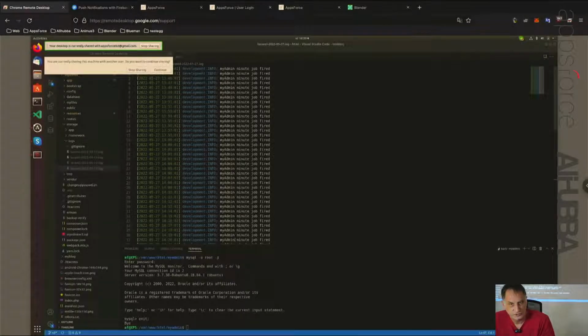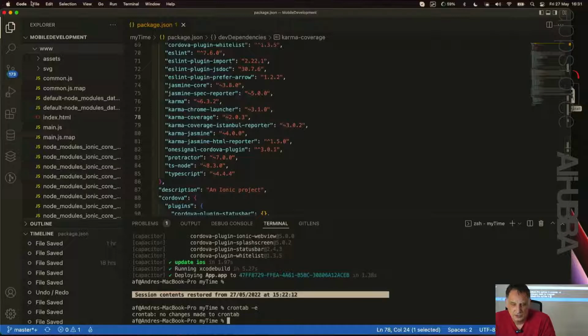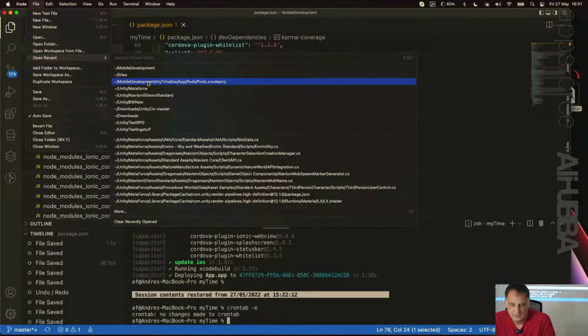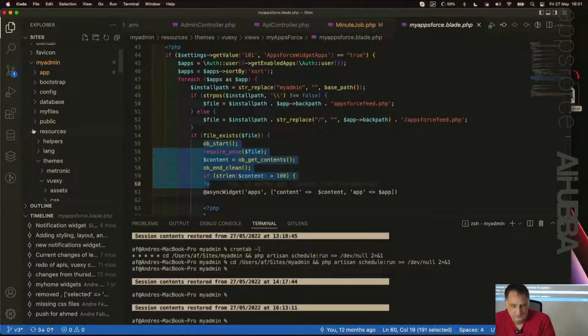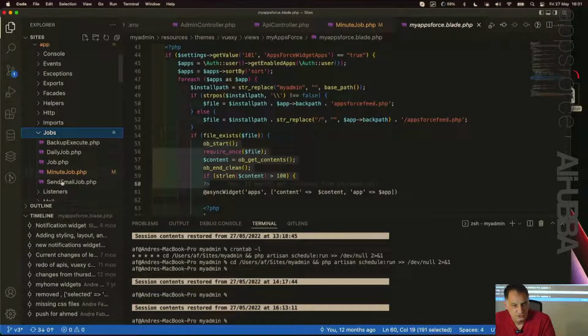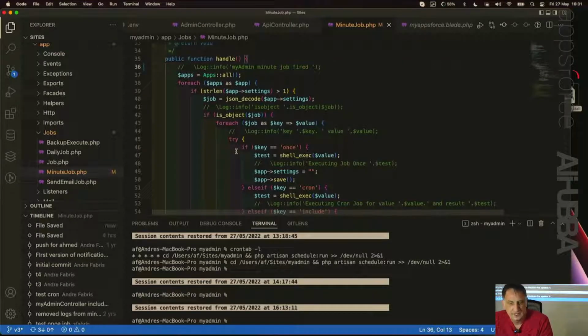Now, how do I know that it works? And what does it actually do? Let me show you that. So, open sites. In my admin, in app, in jobs, you have various jobs, and I have a minute job. And typically this line is commented out. If I want to see that this is working, I temporarily uncomment this one,